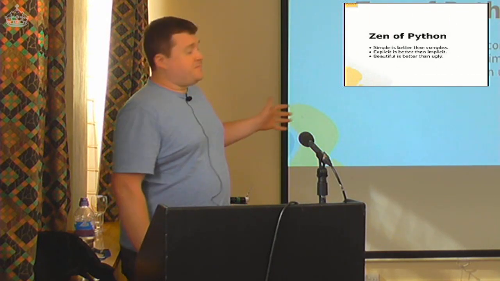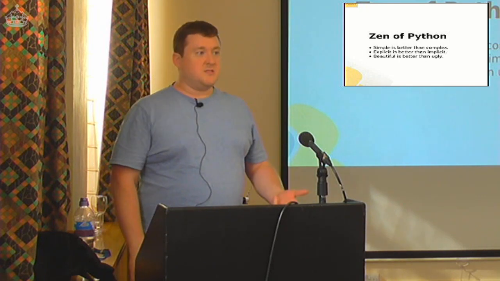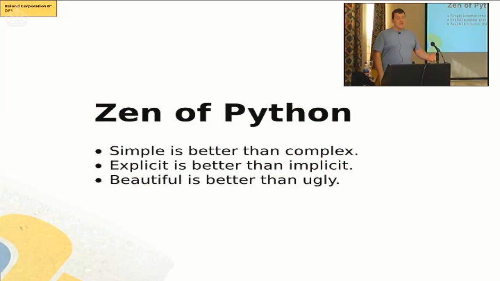The Zen of Python, for those who haven't read it, is a list of guiding principles. It basically says, write clean code. The techniques that I'm going to talk about help you do that by shifting complexity away from what you're trying to write and making the code that's left behind simple and beautiful. But that comes at a cost,